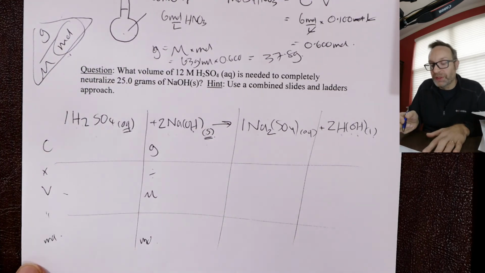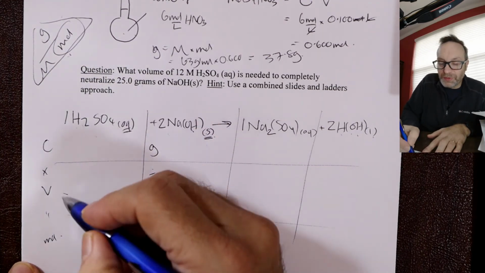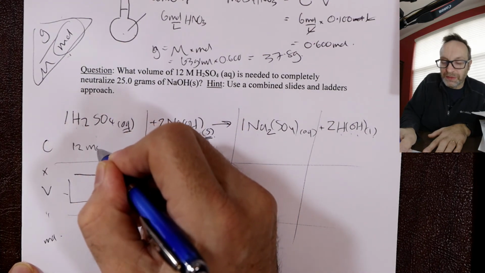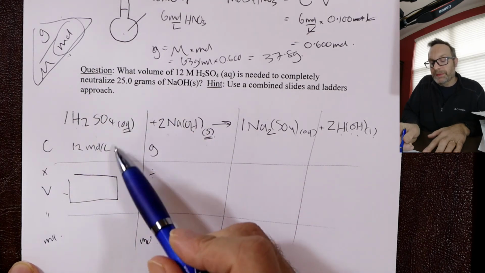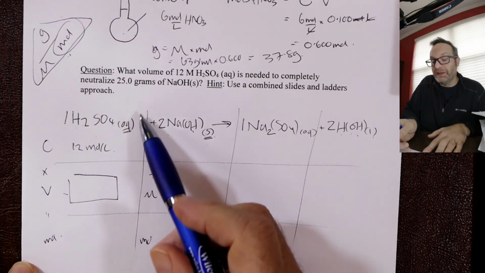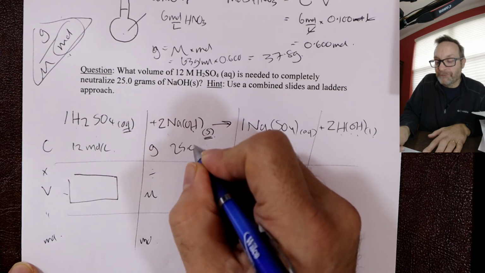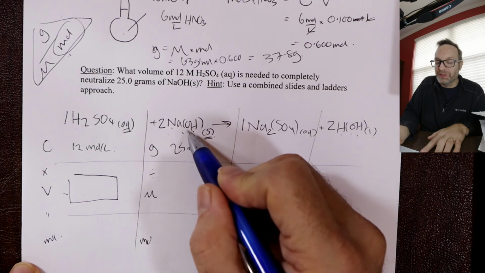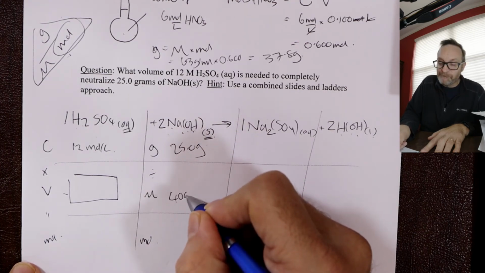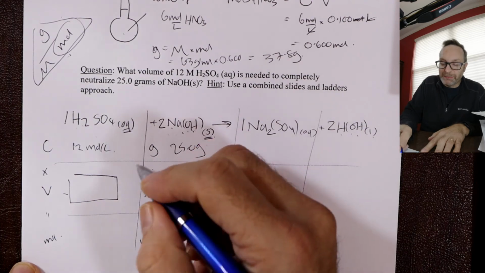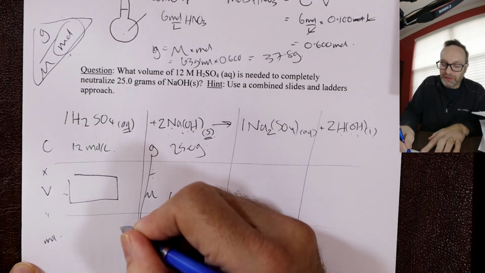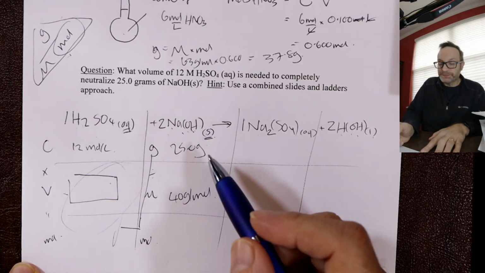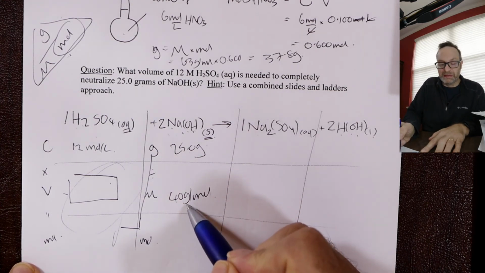Okay, let's start with some numbers. What volume, so that's our destination, what volume of 12 molar, 12 moles per liter, H2SO4 is needed to react 25 grams of sodium hydroxide? Because we know the formula, we can work out the molecular weight: 23 plus 16 plus 1, 40. Okay, so I can plan my journey, right? I've got to climb down, slide across, and then think about how we get there. It's a bit of a modified thing. So we climb down, 25 grams at 40 grams per mole was